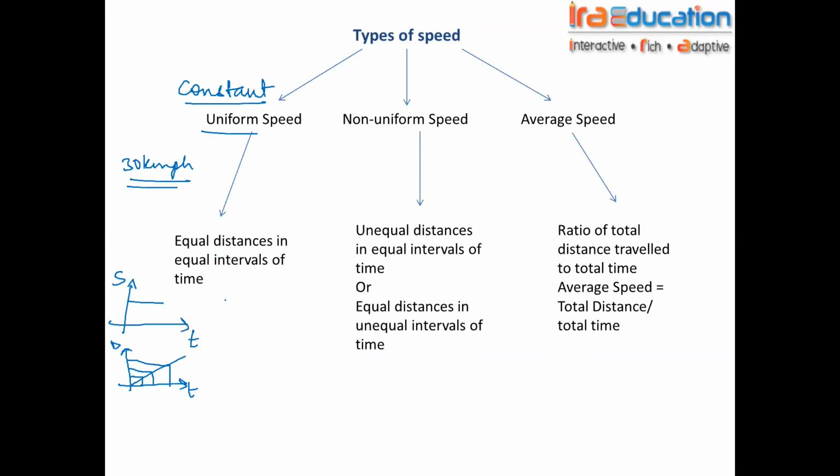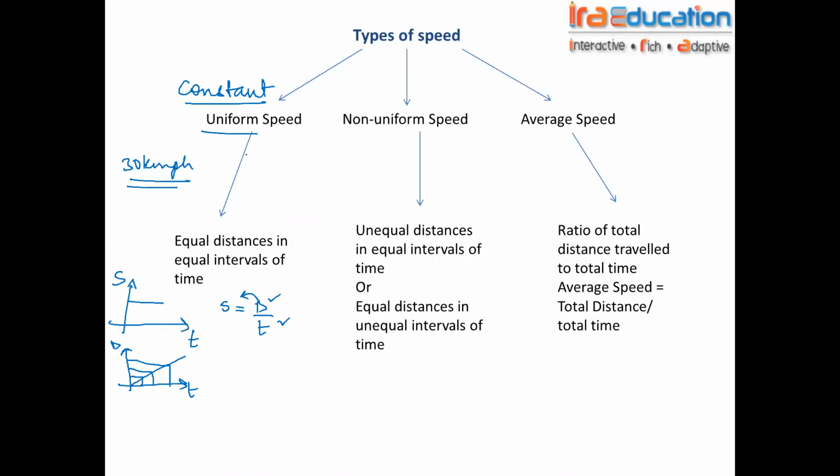Simple. Speed is nothing but distance over time. Equal distances in equal intervals of time means this ratio is the same. So that's why it is constant speed, and that's why this is the graph. However much increase in distance there is, that much increase in time there is. Proportionately, they are increasing. Ma'am, can there be a decrease? Distance is a scalar quantity, so there is no negative distance.